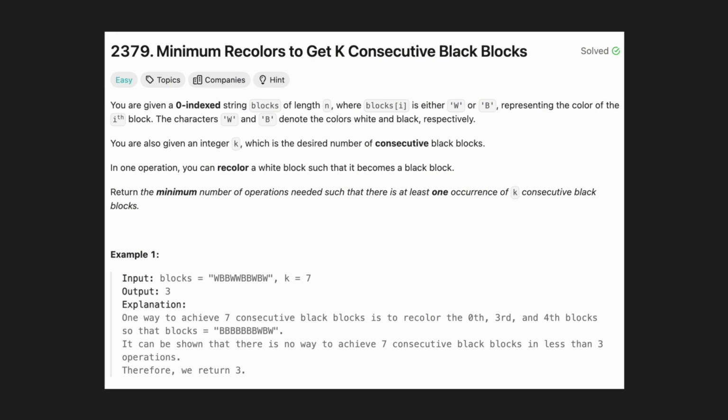So the problem basically states that we are given a string called blocks, and every character in the blocks string will either be W or B, and W just means white and B means black. And we are also given an integer k, which is the desired number of consecutive black blocks. And in one operation, we can recolor a white block to a black block, and we want to return the minimum number of operations that is needed so that there is at least one occurrence of k consecutive black blocks